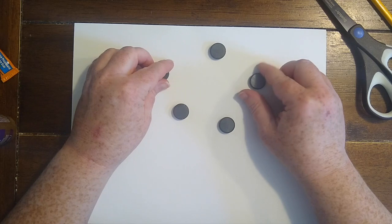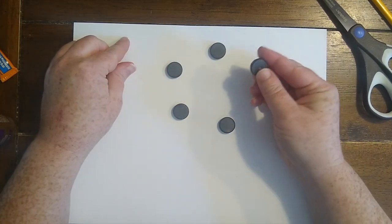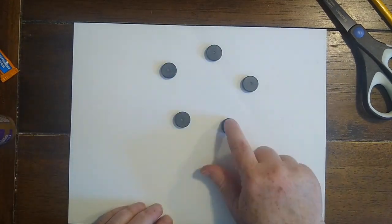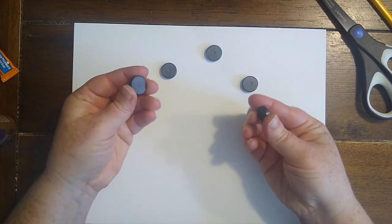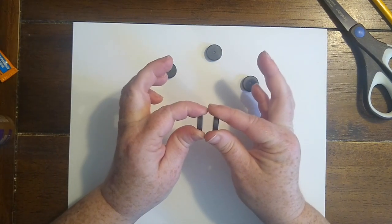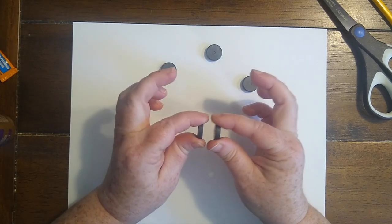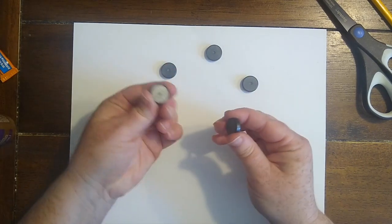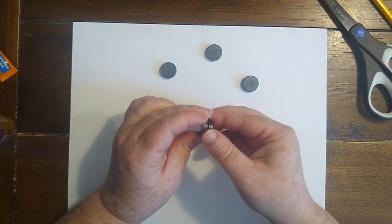But I want to show you how these magnets work. So we have two different sides. The north side, I believe, is the one with the dot. If the north side goes with the north side, they are not going to be able to touch each other. This is called repelling. And if the south side, the smooth one, goes with the dot one, the north side, they will swoop together. That is called